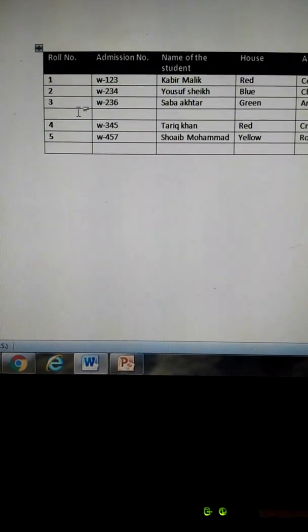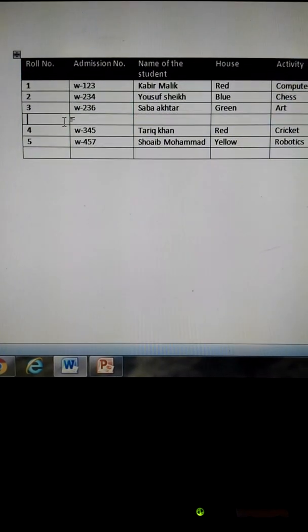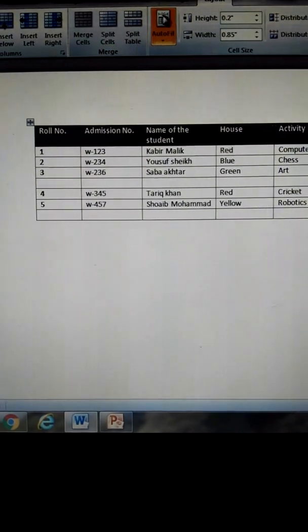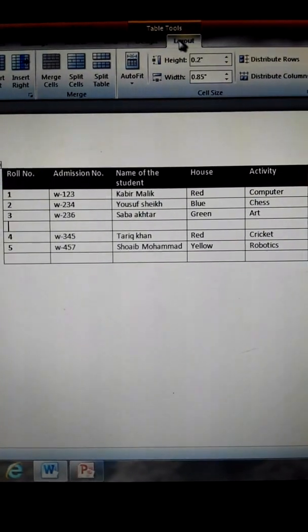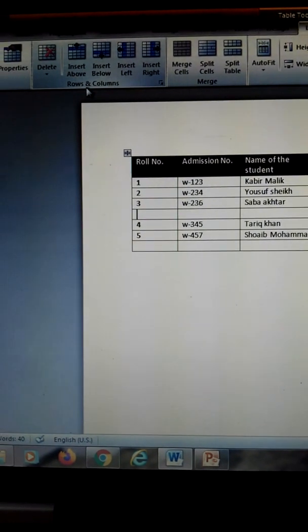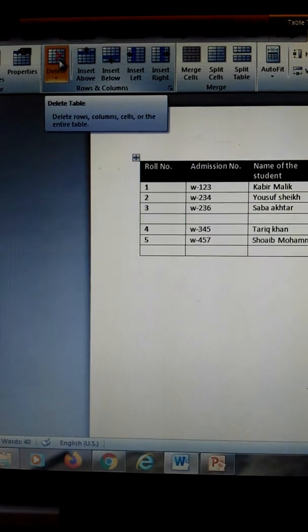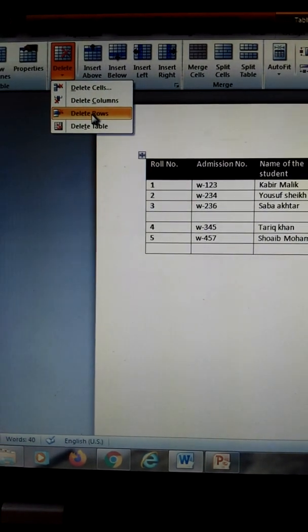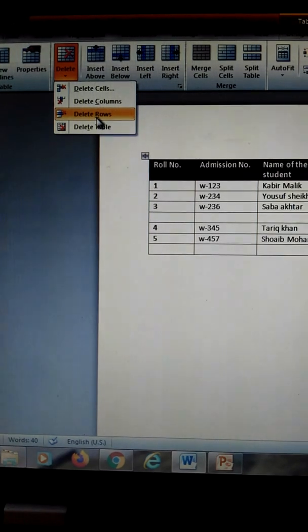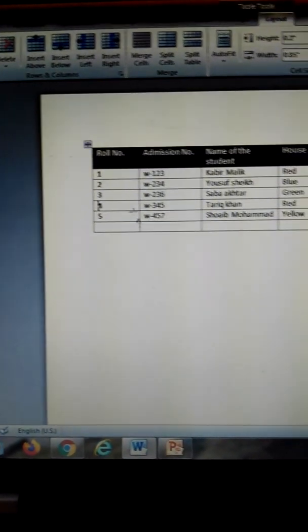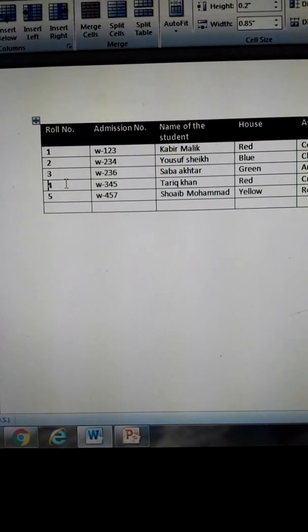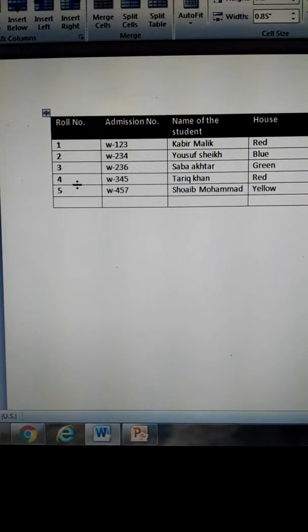As you can see, I have placed the cursor in the extra new row, and now I am going to click on the Layout tab, and after this I will select the Delete option from the Rows and Columns group, and now I am going to choose the Delete Rows option from the drop down menu, and here you can see our new row is deleted now.